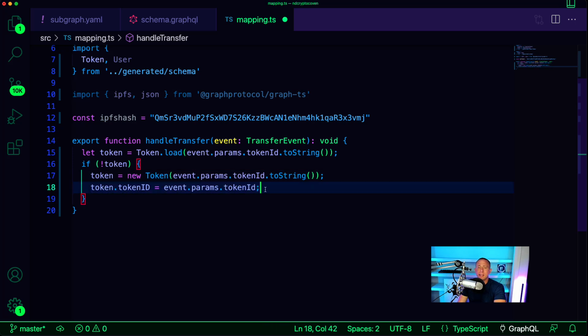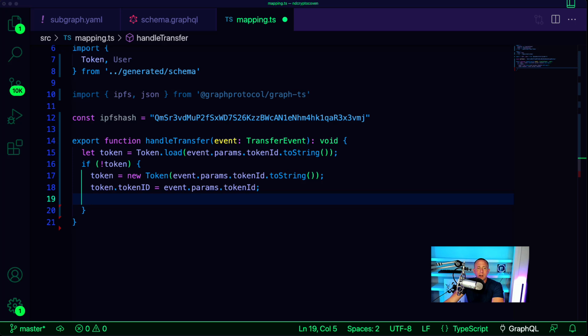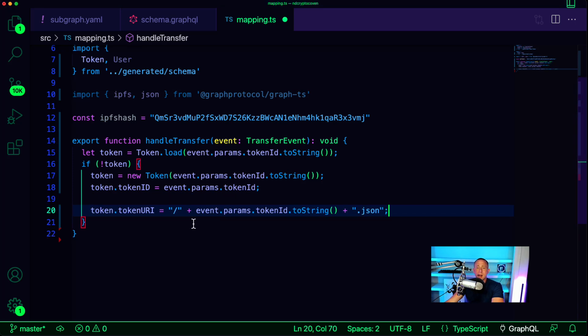I think I like the idea of just putting the token ID there explicitly, because when you're working with NFTs, you often have this idea of a token ID, and just having it like that explicitly makes a lot of sense to me. Next, we're going to go ahead and set the token URI. The way that we're going to do that is we want to combine the token ID along with the /JSON. So we want to say